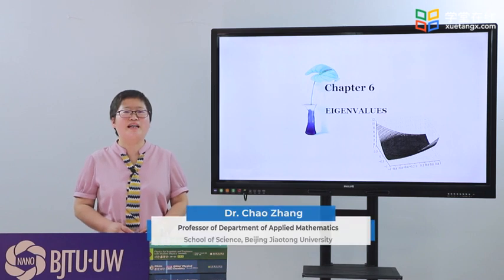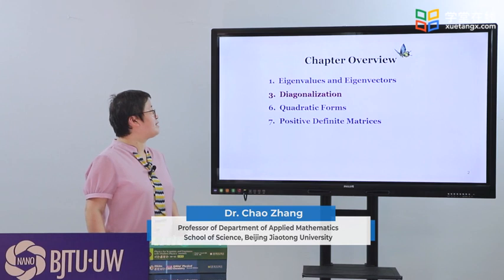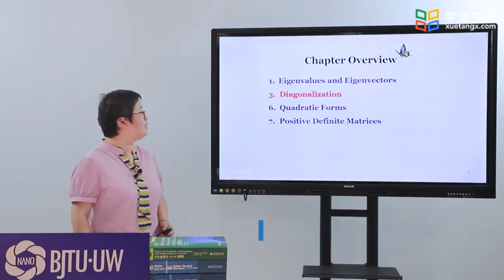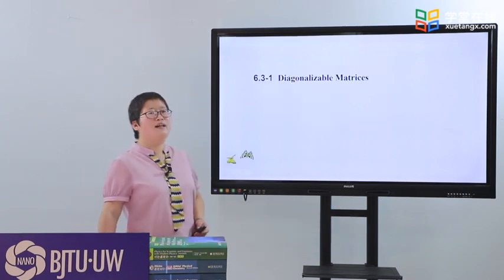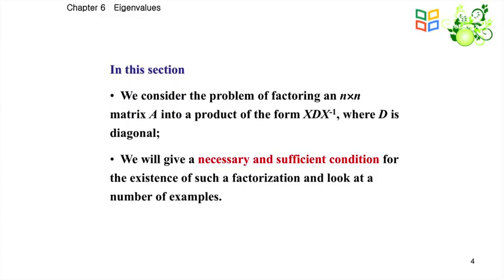We continue to learn Chapter 6, Eigenvalues. Section 3, Diagonalization. Part 1, Diagonalizable Matrices. In this section, we consider the problem of factoring an n by n matrix A into